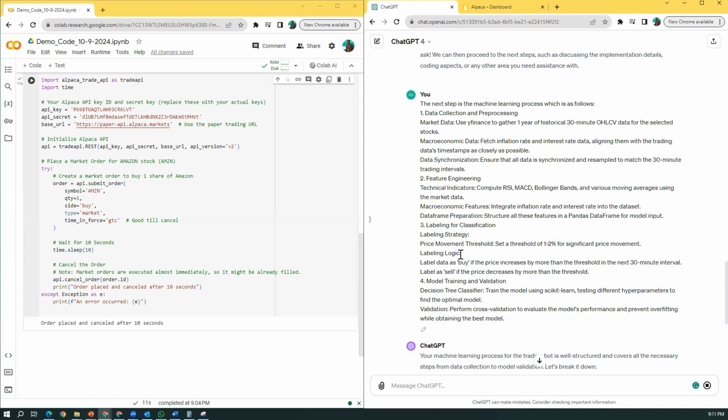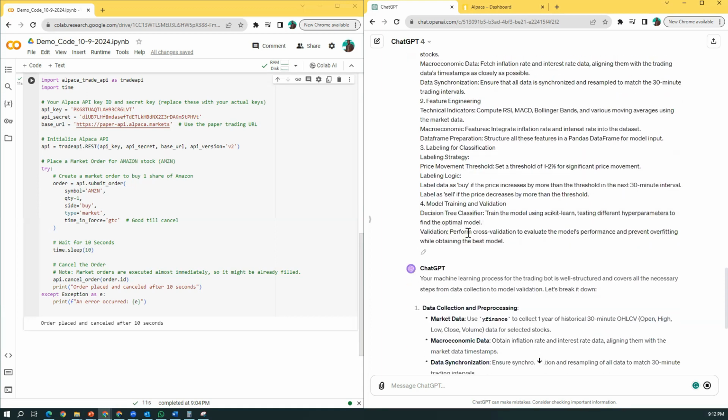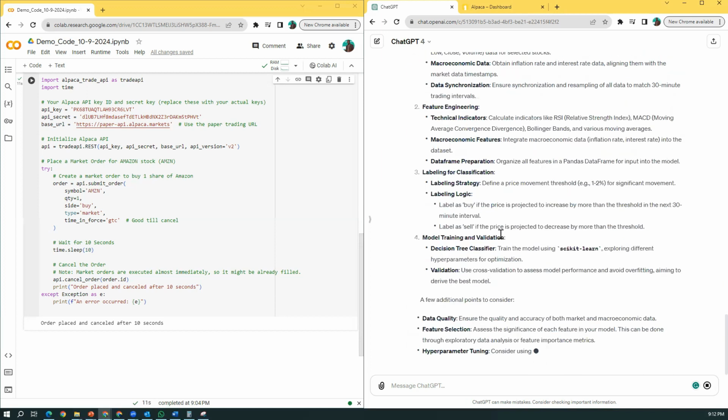Or if it is going to drop to 98, we would like to go into the trade as a short seller, so that we can also make the $2 profit. And for the logic, I told it this is the logic that it should follow. I want it to train the decision tree class within the scikit-learn library, perform some validation, and what have you. It's still writing,